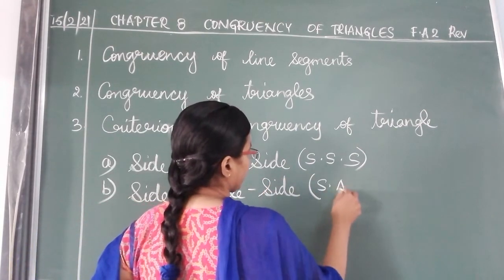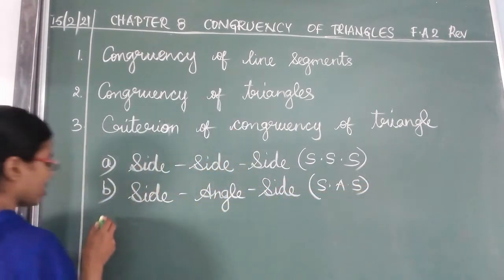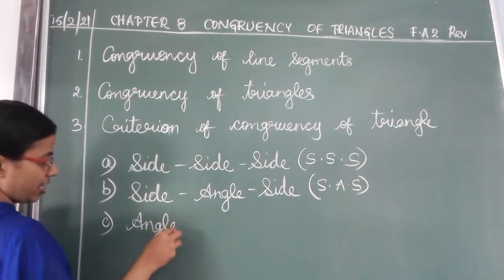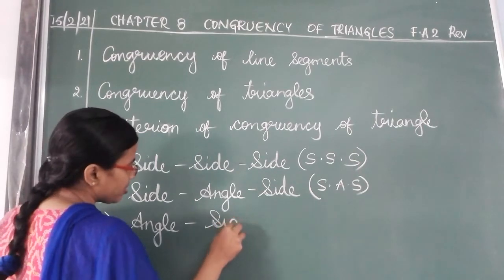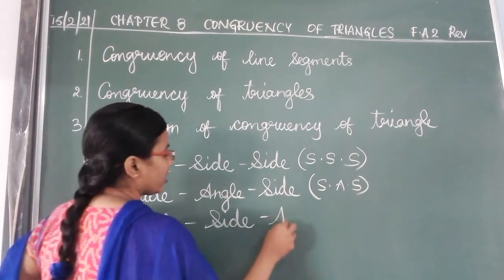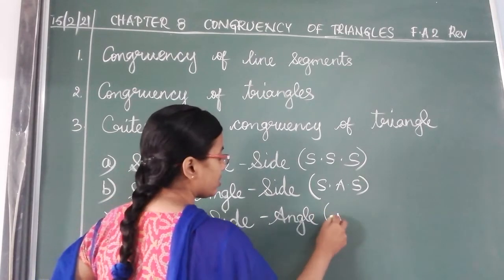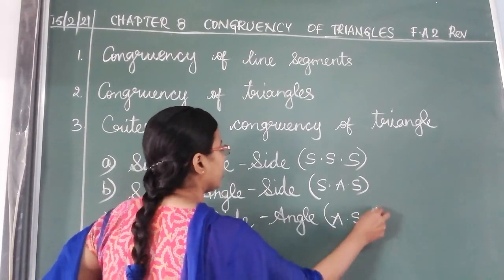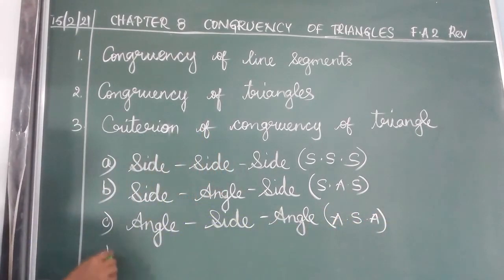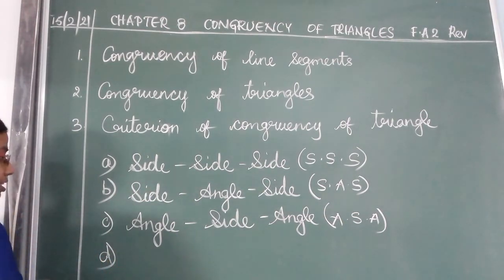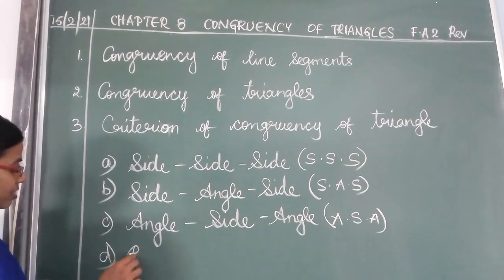So S, A, S. And then we have learned ASA, that is angle, side, angle. Then the last criterion for congruency of triangles we have learned is RHS, that is